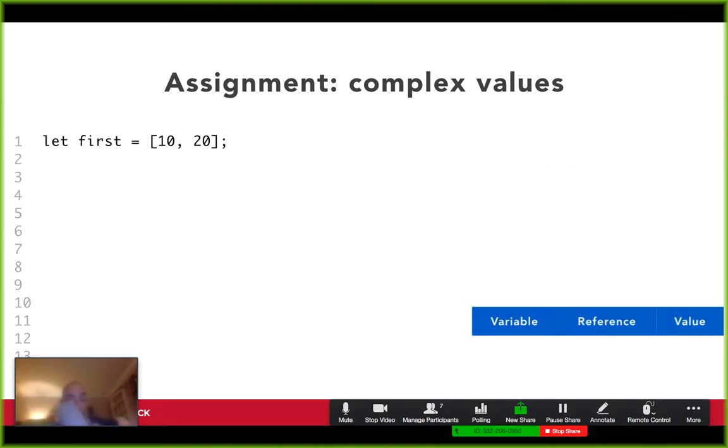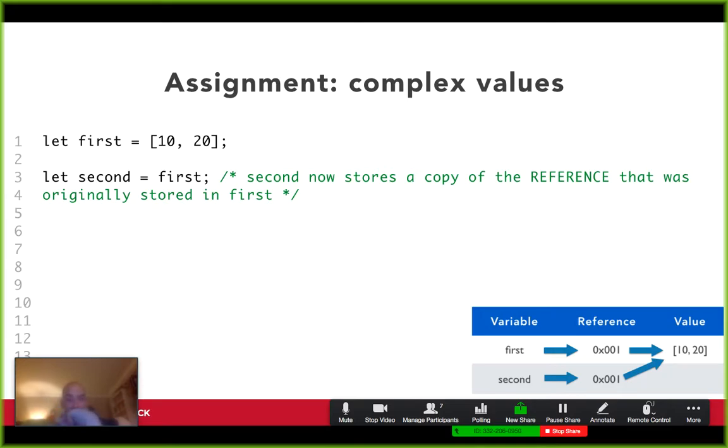And then the last example we'll look at here is basically what happens in parallel to what we talked about with primitives. We create a variable called first, and we set it equal to this array 10, 20. But now we say, hey, let second equal first. So remember how with the primitive we'd say, let's figure out what's on the right-hand side of line 3 first, right-hand side of the equal sign. Oh, it's first. What is first? First is a number. A number is a primitive, so let me make a copy of that number, right, and